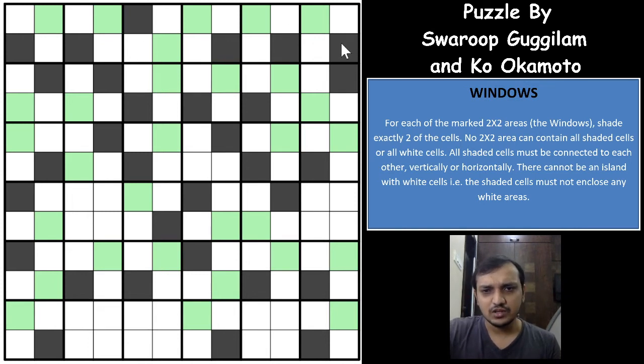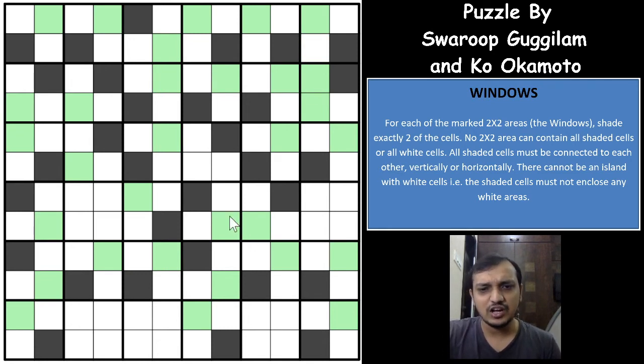The logic is, when you have two shaded cells right together adjacent to each other, and a column or a row gap in between, and one shaded cell and one white cell, this cell cannot be shaded. So if you shade this cell, because of the checkerboard pattern, you will have to shade this cell as well, and you form a 2 by 2 group of shaded cells, right? Which means that this cell will have to be a white cell, right? When you have two shaded cells, one row or column gap in between, and one shaded cell and a white cell, then this cell cannot be shaded. The moment you do that, you form a 2 by 2 group of shaded cells, so this cell will have to be a white cell.